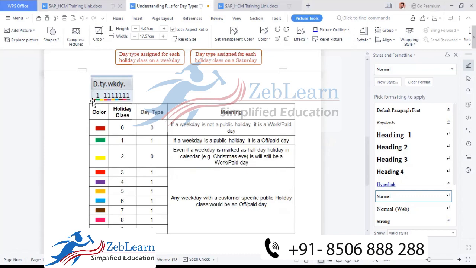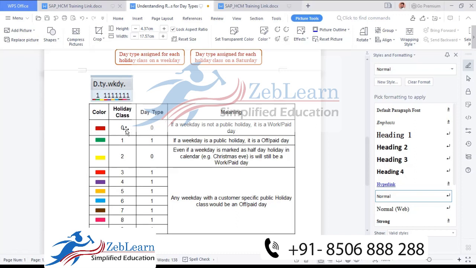The first red column space we will consider as 0. Then the second, green color space we can consider as holiday class 1, yellow color as 2, then pink color, 3, 4, 5, 6, 7, 8, 9. Starting from 0 to 9, whatever is showing in color, I will consider as the holiday class. And above there, 111 is written, that is the day types. So the first, red column is 0, holiday class is 0, and day types also shows 0. Okay, because it's blank, we can consider 0. There is no 1 or 2 or 3 written, so we can consider 0.